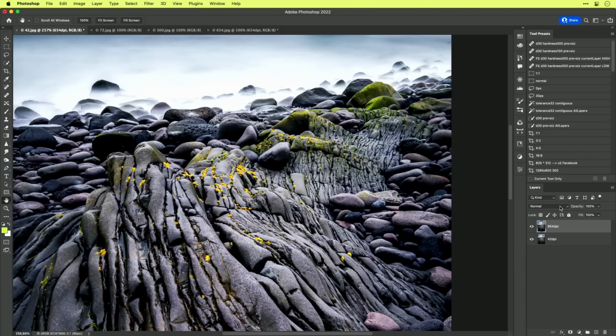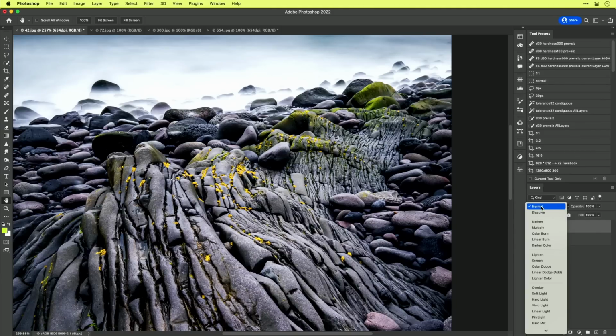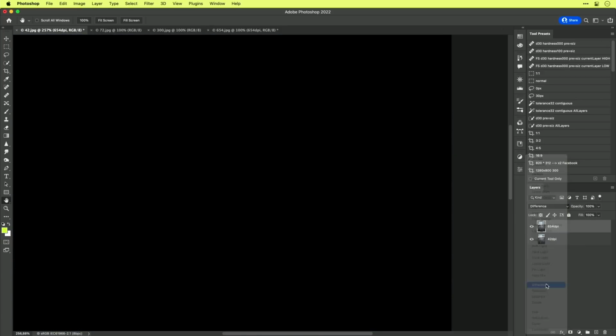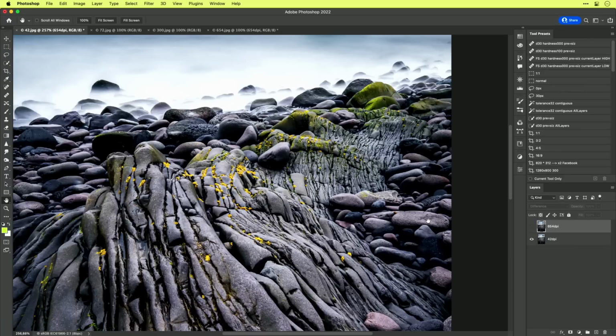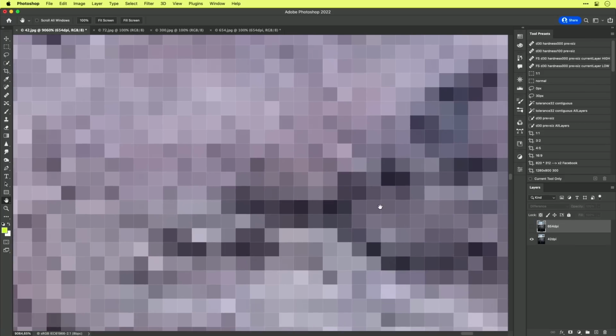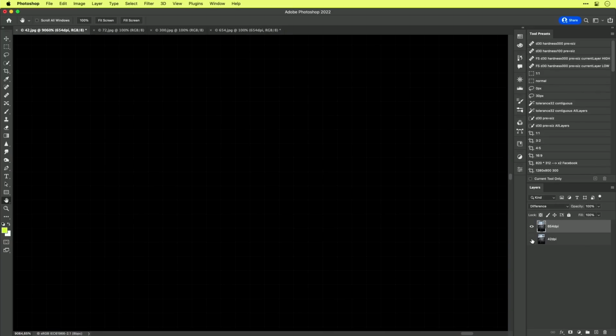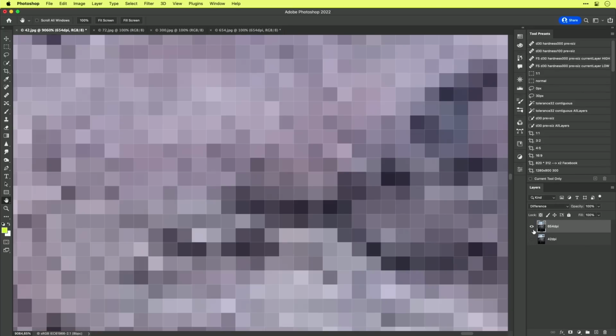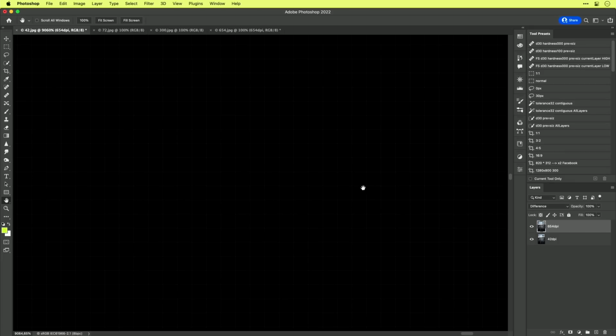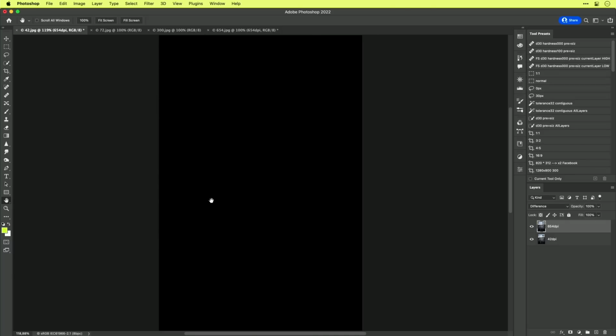But to really go on the safe side, you can change the blend mode from normal to difference. And this is more or less a calculation. So Photoshop is calculating the pixels over here, and it takes the pixel from here. I will zoom in. It takes this value of this pixel and then subtracts the value of the pixel above, and if the value is exactly the same, then you get a black point. And if the image is black all over, then there is no difference.